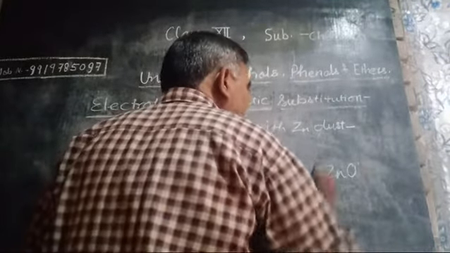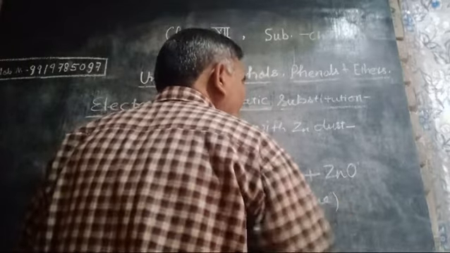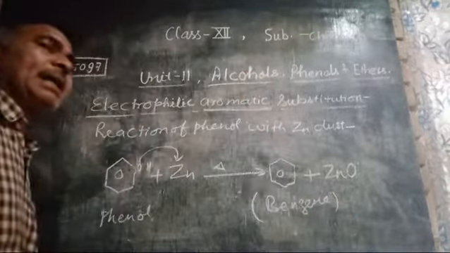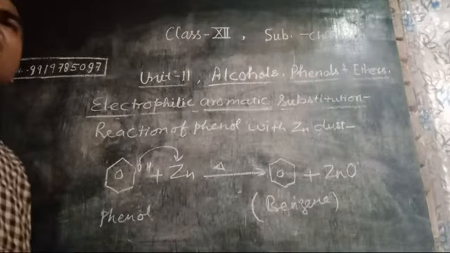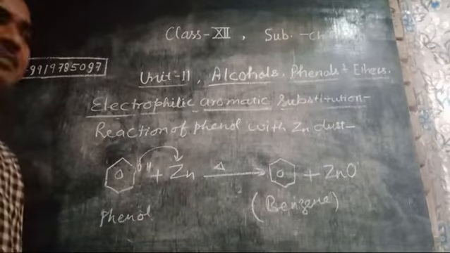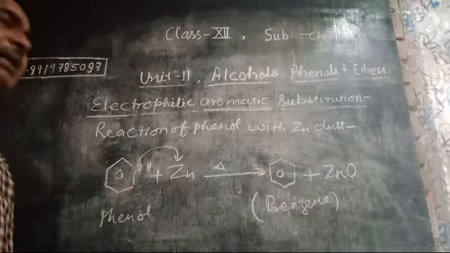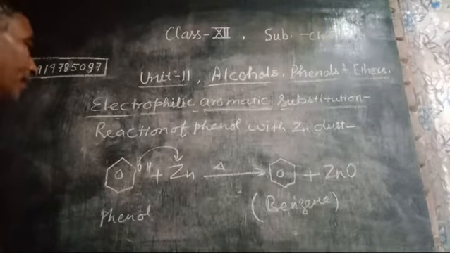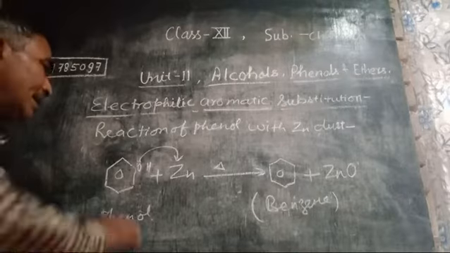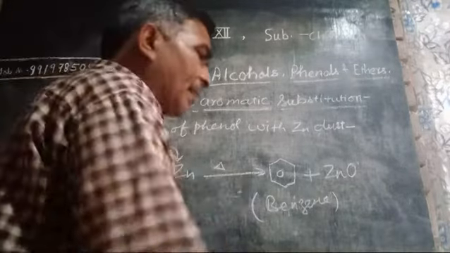This reaction is also most important because such reaction was already learned by students in class 11th in the preparation of hydrocarbons. So this is a most important reaction also because phenol is converted into benzene easily. How can you obtain benzene from phenol? Such question expects that phenol, when heated with zinc powder, gives benzene.